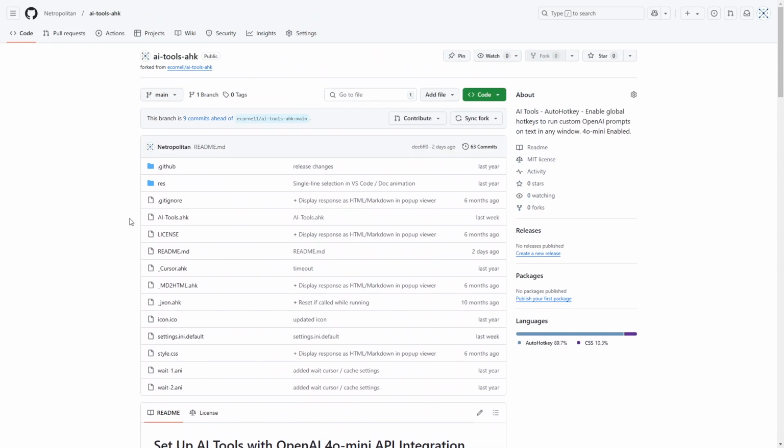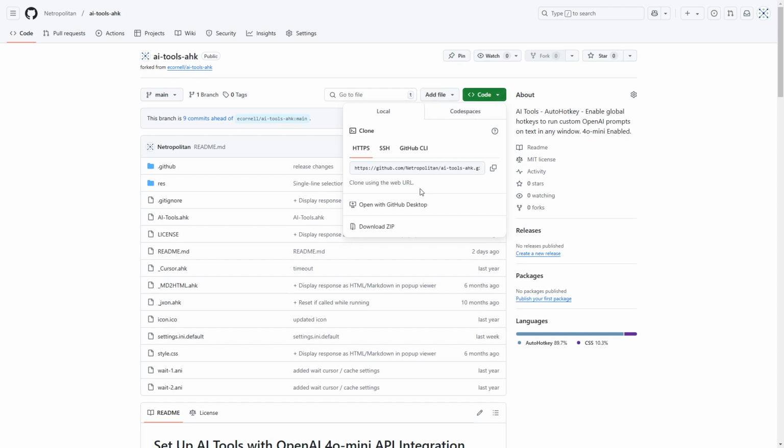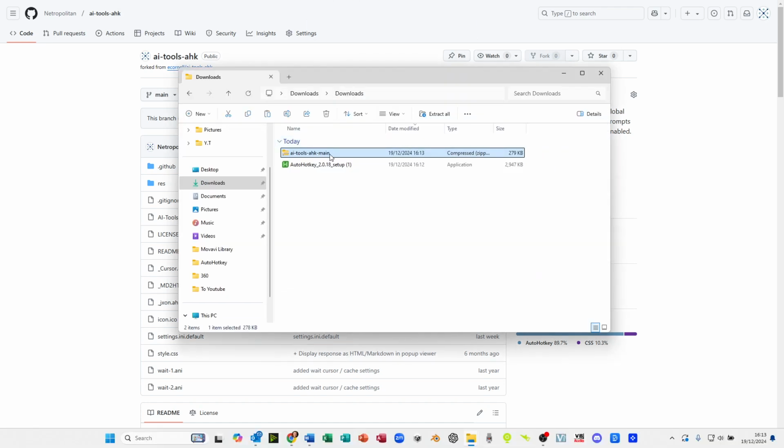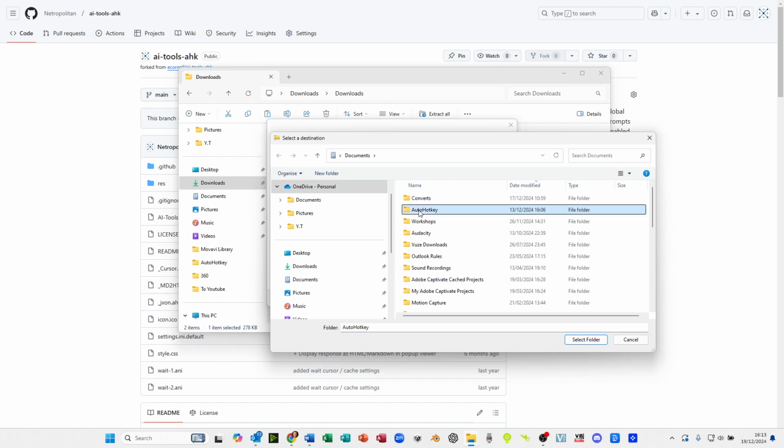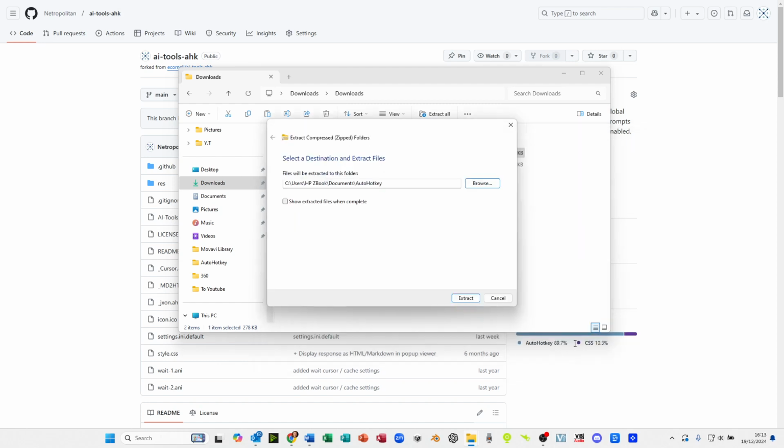So this will be able to help you on your next steps of the project. At the top of the project, you're going to see something that says code, and I want you to click on the downward arrow of that, and then we are going to download the zip for this project. I would save this into your download files initially, and then we're going to extract